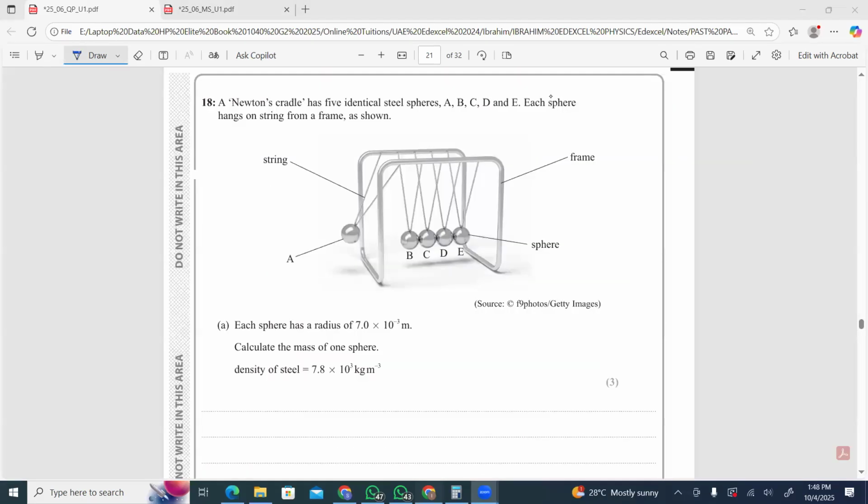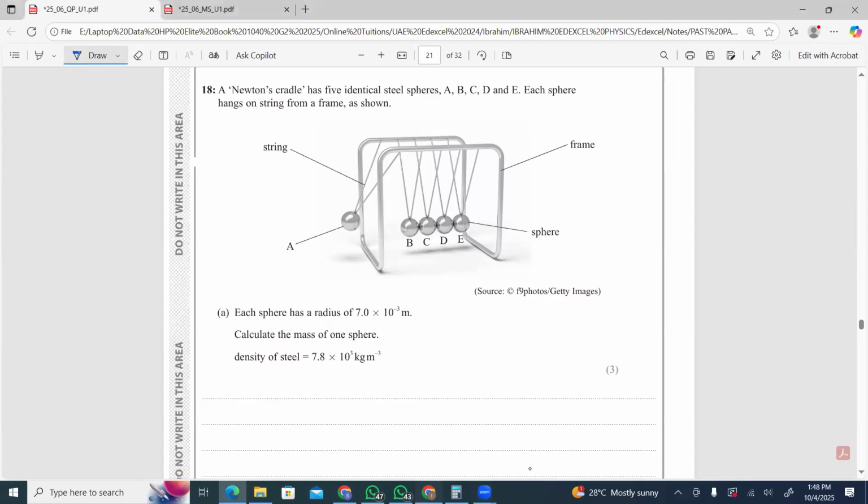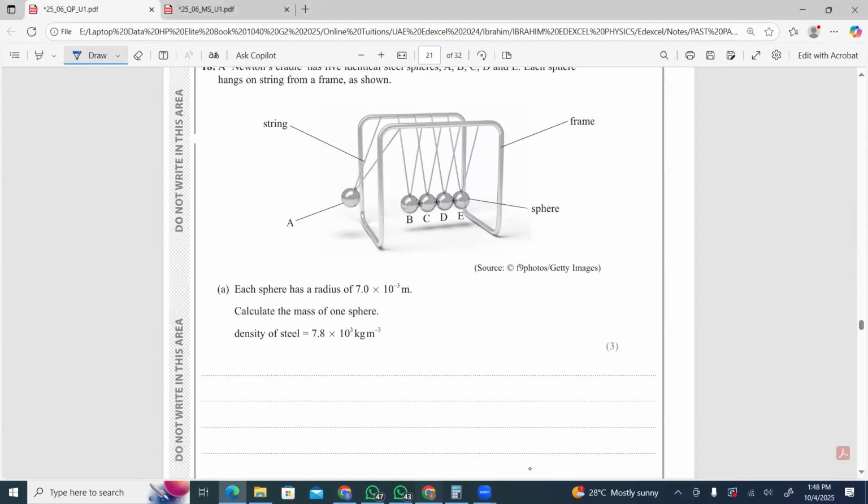So question number 18. A Newton's cradle has 5 identical steel spheres A, B, C, D, and E. Each sphere hangs on a string from a frame as shown. Each sphere has a radius of 7 into 10 raised to the power minus 3. Calculate the mass of one sphere. So it's very simple. Density is,